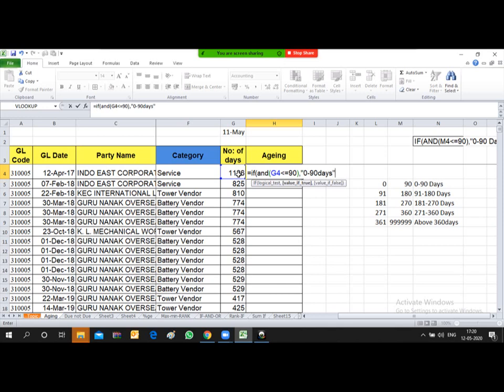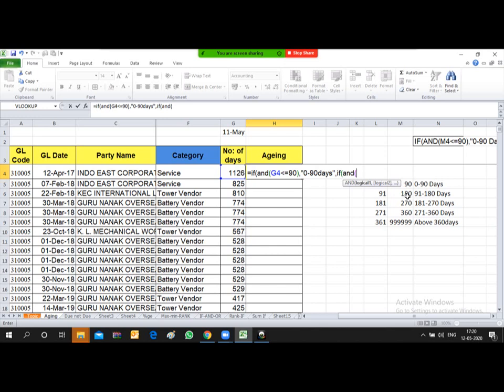Now put a comma. After putting the comma, again the same, IF and then start bracket. It's just a repetition of the conditions. Now the next condition is, if the invoice is outstanding for more than 90 days but less than or equal to 180 days.